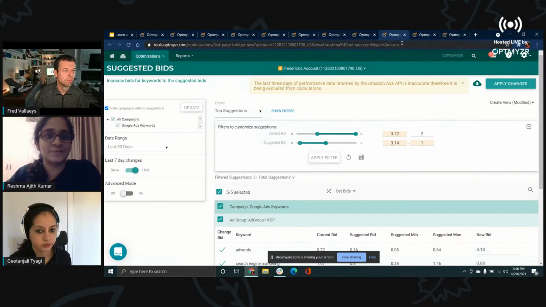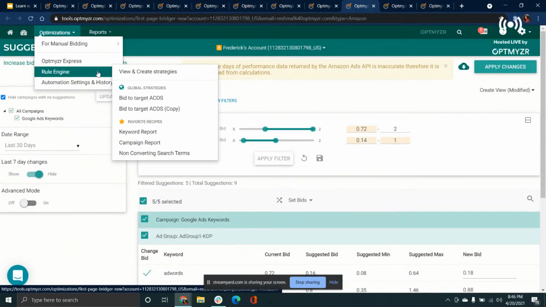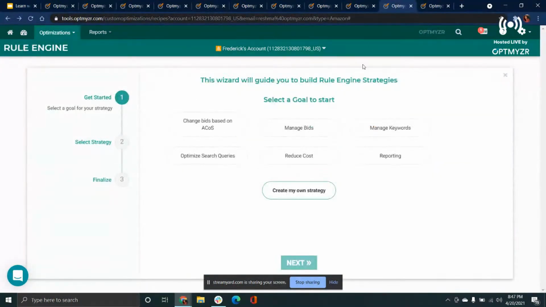Great. I'll move forward. So we have two new instance strategies in Rule Engine. I'm going to quickly add that. And what's most interesting about Rule Engine is you can automate any strategy that you set up using this tool. We'd actually already discussed in detail how to pull up a keyword performance report for your account and even automate it to run on a schedule, so you'll have it mailed to your account. And even apart from that, bidding to your target ACOS. These are things that you can also automate using Rule Engine.